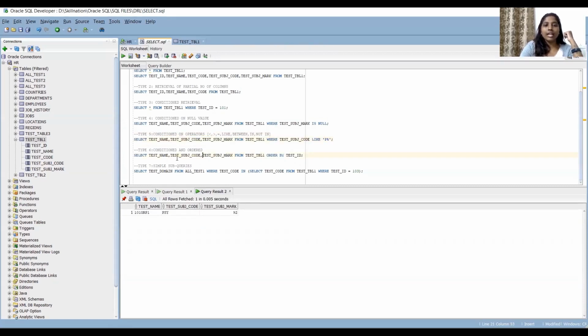Okay, test name, test subject code, and test subject mark, and conditioned and ordered. What do you mean by condition or ordered? So till now you have conditioned the number of columns here. I'm selecting a list of columns from these, and if you want you can use the where clause also for conditioning the number of records. But for example here I have not used any where clause, but I want to order by. See, for example in this table